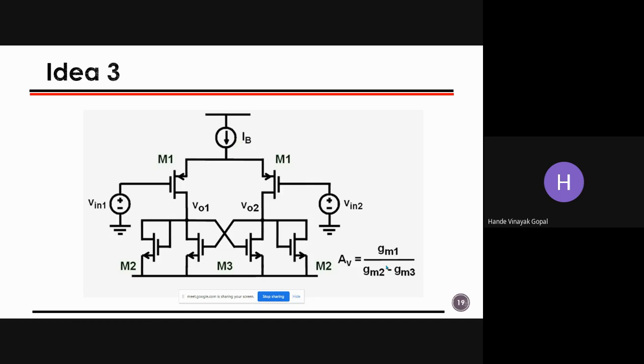At first instance, if I'm using this configuration independently, then it works very fine. But the moment I'm connecting it into the closed loop, it may create a problem, because it has its own positive feedback inside the circuit. So this is the concerning part. So you can see this circuit is not quite frequently used in publications as well as in